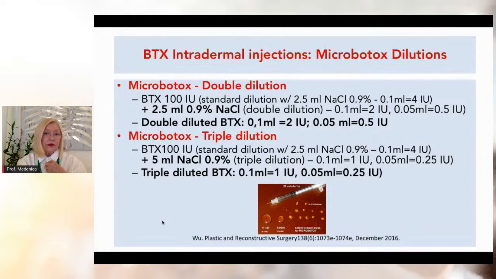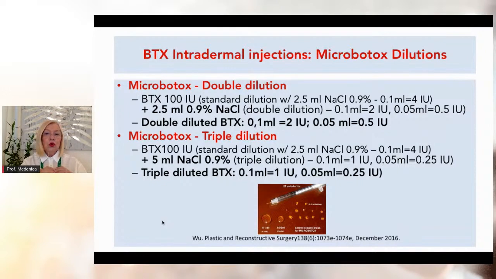We do standard dilution with 2.5 milliliters of sodium chloride, and in 0.1 milliliter we achieve 4 international units of Botox. When we add an additional 2.5 milliliters of sodium chloride, we make a double dilution, and in 0.1 milliliter we